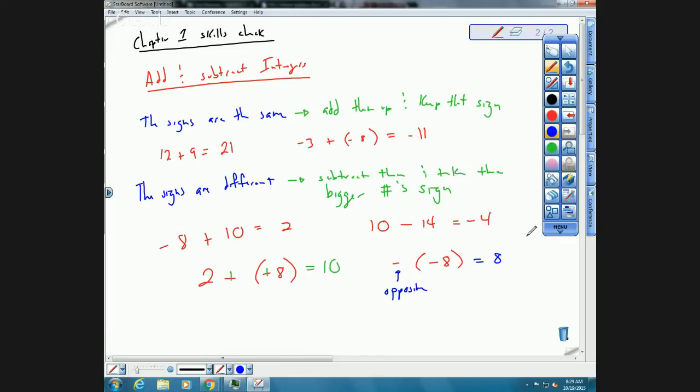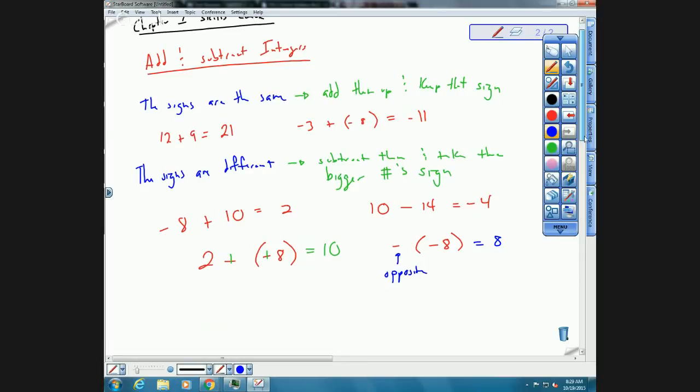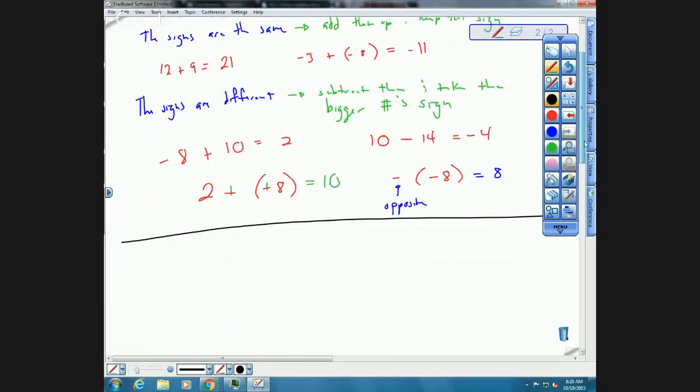Going through these, there are problems that make me do these. I think about money. It's always saying about money. So if I'm in the hole $8 and I pay back 10, then I'm +2. If I have $10 and I spend 14, then I'm in the hole -4. I always think about money when I'm doing it because that's more real life to me. All right, so what about